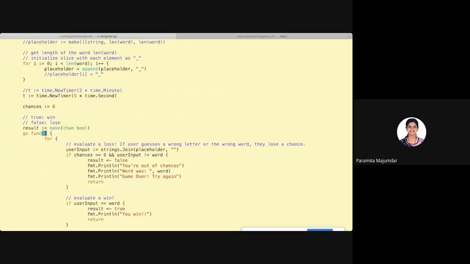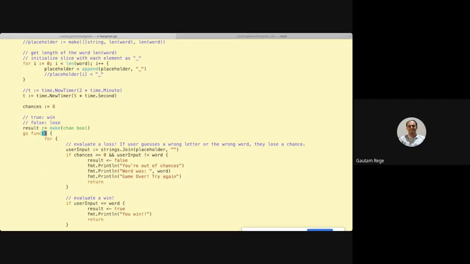Yeah, I was asking, can we use defer in a for loop? Like in the tour, it said only for functions. Yes, you can use defer for a for loop, but you will have to wrap it inside a function, because